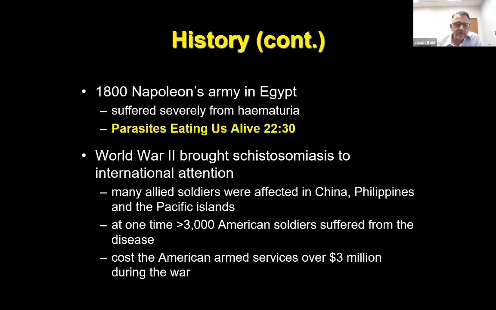It also had a major impact throughout history. In the 1800s, Napoleon's army in Egypt suffered severely from hematuria, which is blood in the urine caused by Schistosoma haematobium. And in World War II, schistosomiasis was brought to international attention. Many of the Allied soldiers were affected in China and the Philippines. At one time, over 3,000 American soldiers suffered from the disease, and it cost the American Armed Services over $3